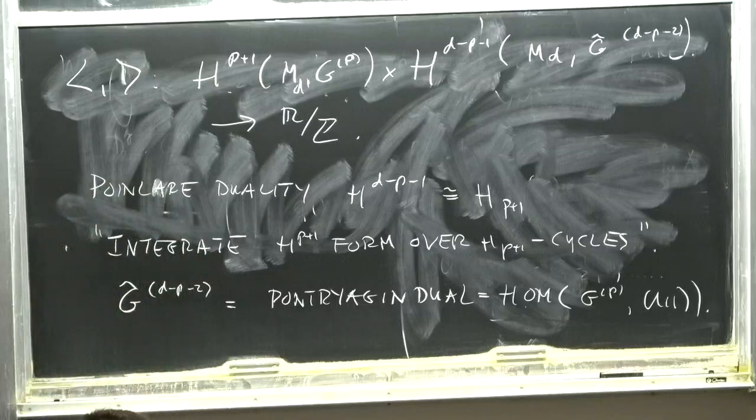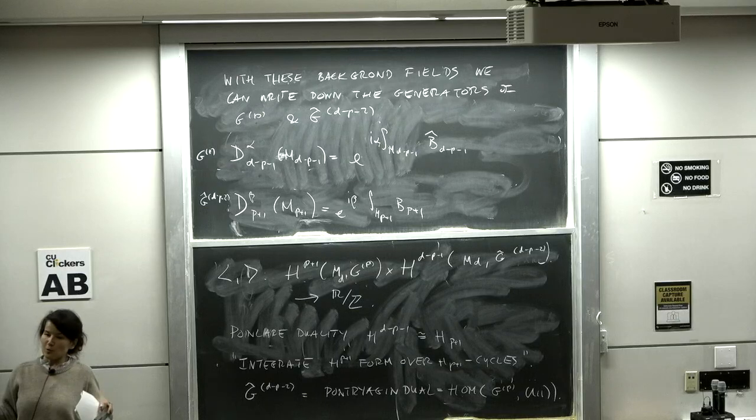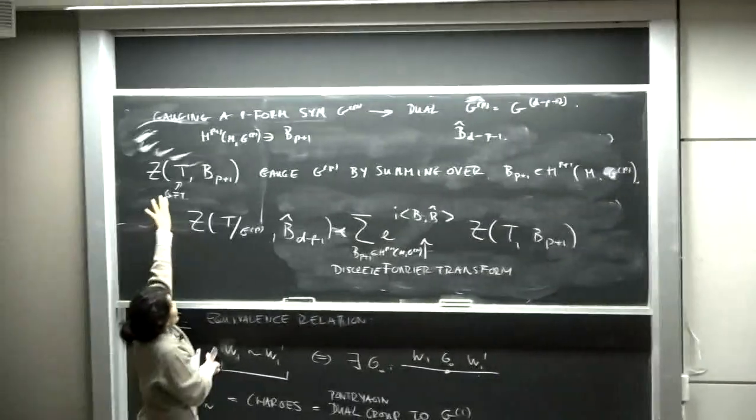This is just saying, if I have a theory, it shouldn't have a 't Hooft anomaly, so I can gauge the symmetry. It's a global symmetry, I can gauge the symmetry. If this is a continuous symmetry, you know what to do, right? You write down a path integral, a sum over all the gauge configurations. When this is a finite group symmetry, I need to tell you what replaces this integral. And what replaces the integral is now a sum over all these B^(P+1) in H^(P+1). Yes? And if I have a theory with that symmetry that's non-anomalous, I can gauge the symmetry,